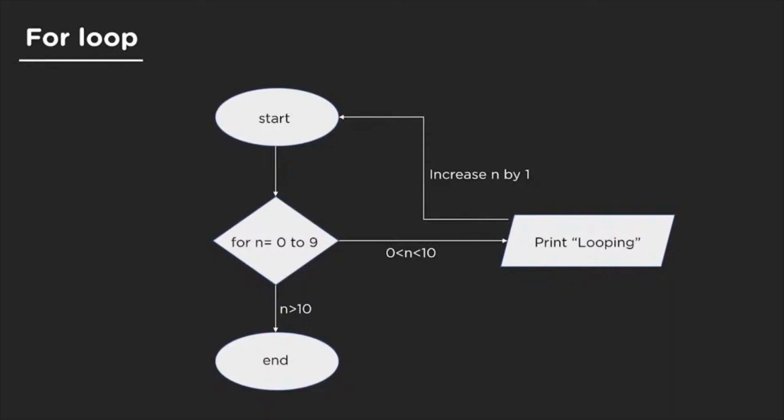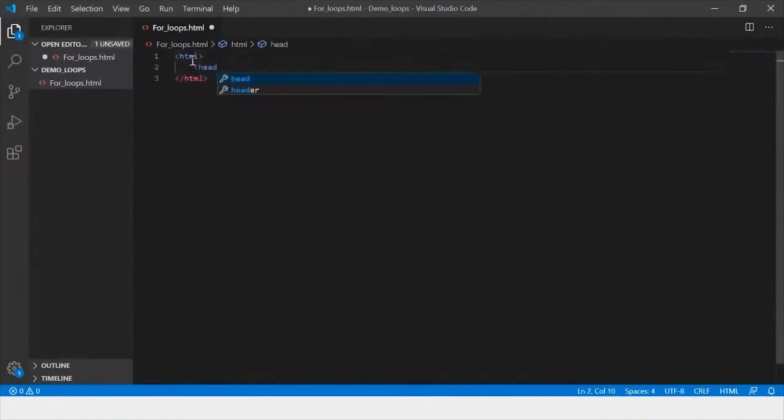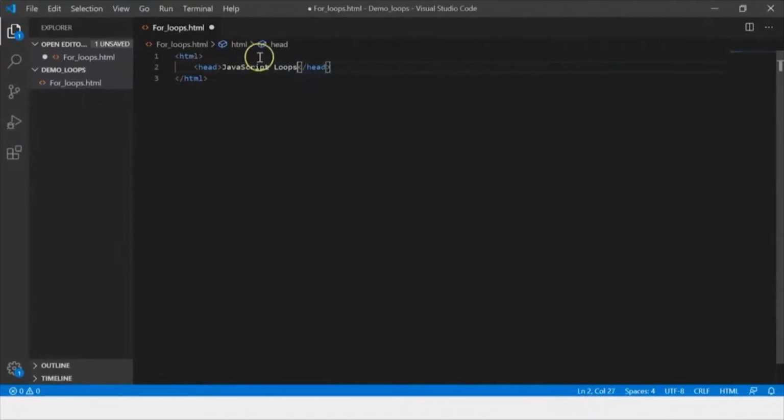So let's go to our editor, that is VS Code. Here I've created a folder called demo_loops, within which I've created a file called for loops. Alright, so now let's just write down our initial code for HTML, and then I have a head tag within which I say JavaScript loops. Alright, now I have a body tag